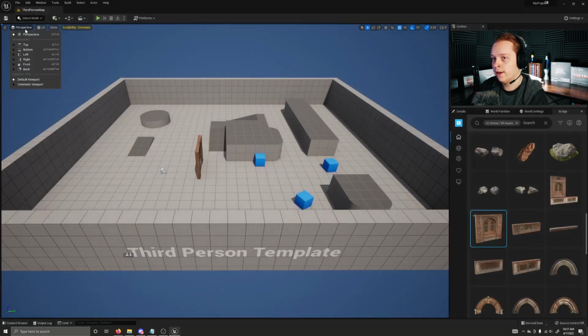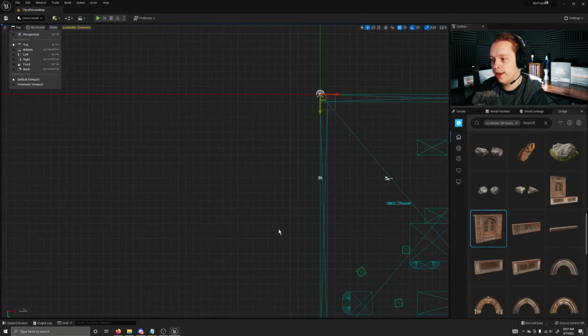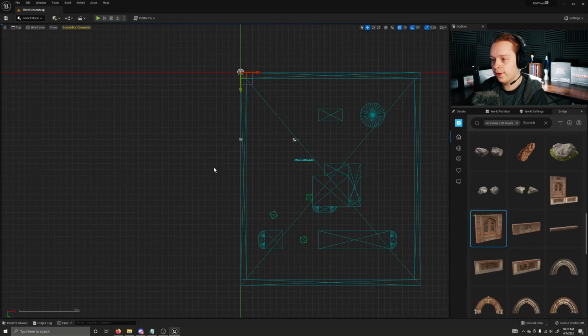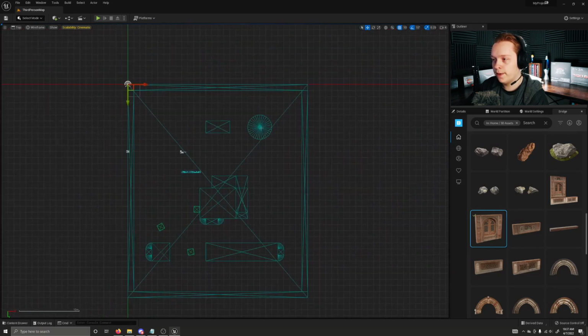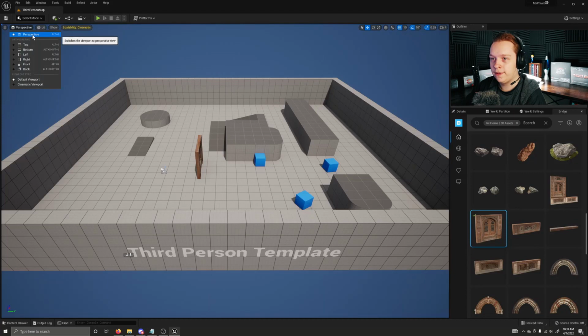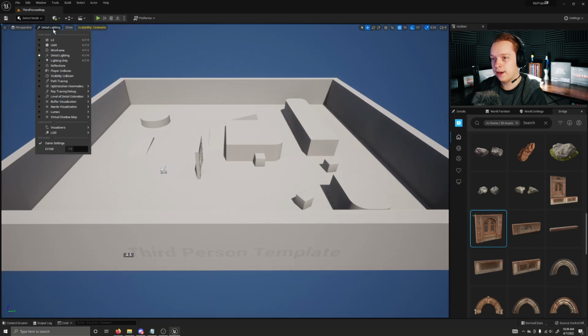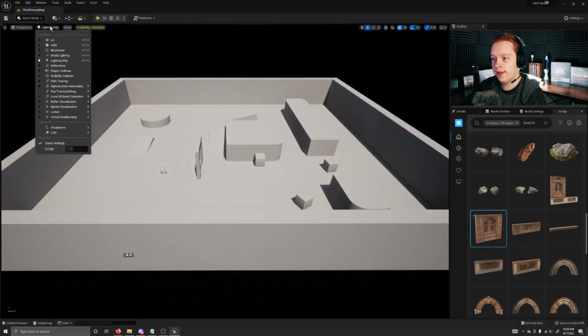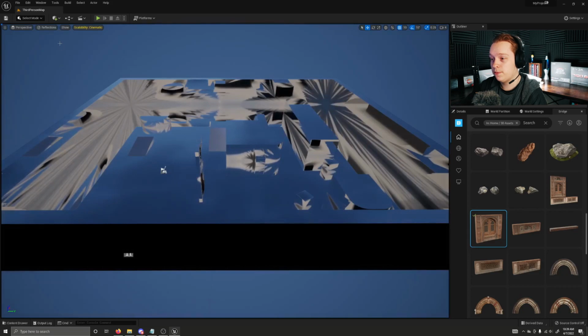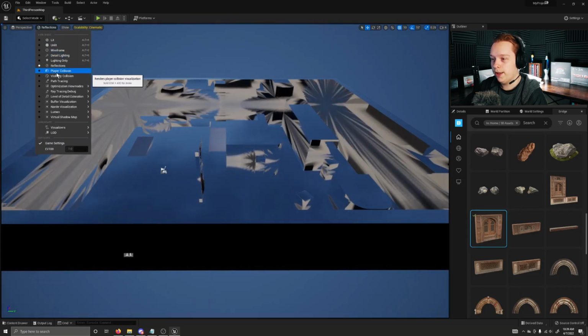Now we have our view mode here. We have perspective. There's a view mode for every direction. And if I scroll out with the mouse wheel and right click and hold, we can view our level from different perspectives. We can click on the objects and it will automatically change it to a wireframe view. So now I'm back on perspective, and now we have essentially a bunch of view modes: lit, unlit, wireframe, detailed lighting, or where you could just inspect your lighting. You can look at only your lighting, your reflections, which look pretty interesting, player collision,